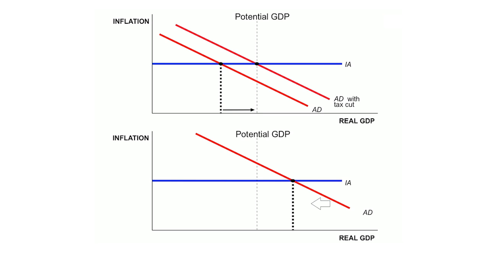Or you could go in the other direction. If you're above, this case would be a tax increase, and you bring it back to potential GDP. Temporary tax increases like this are relatively rare, but they do happen. In 1968, way back then, there was a temporary tax surcharge to try to slow down the economy because people were worried about inflation at that time.